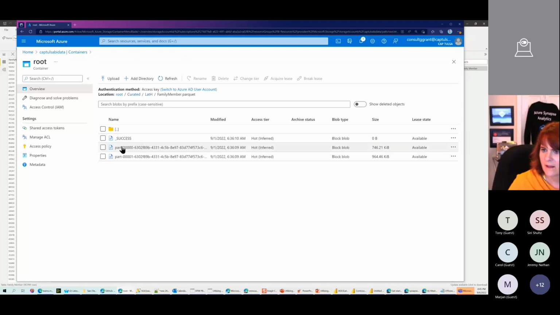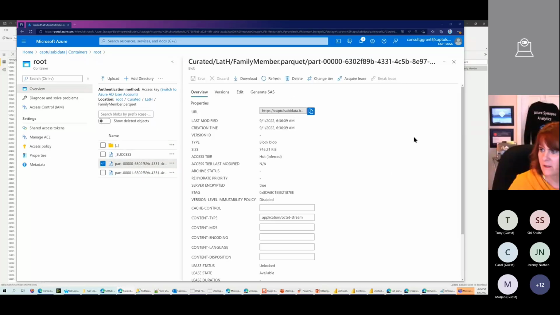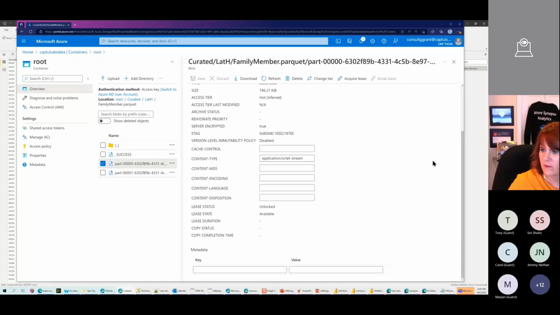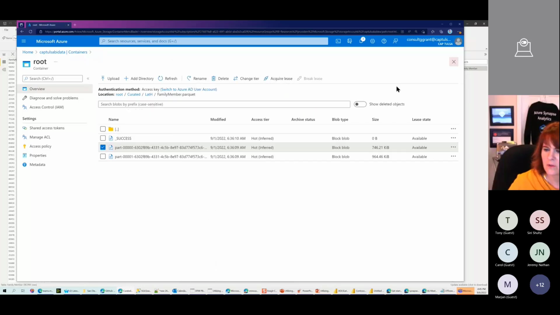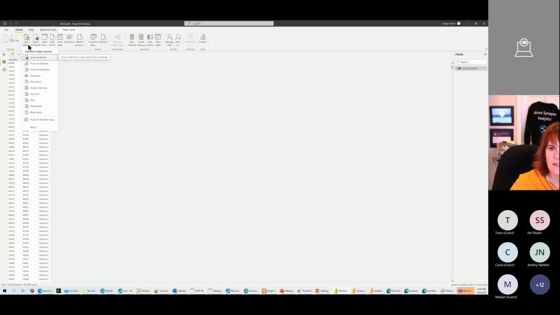And I guess I can't remember how to look at this. Well, trust me when I say that you can't read this, because I can't remember how to do that. So we're going to take a look at how to connect to this in Power BI, even though it's kind of a mess. And it's going to actually look like this when we're done. So what I'm going to do is I am going to go to Get Data, and I am going to select that I want to connect to